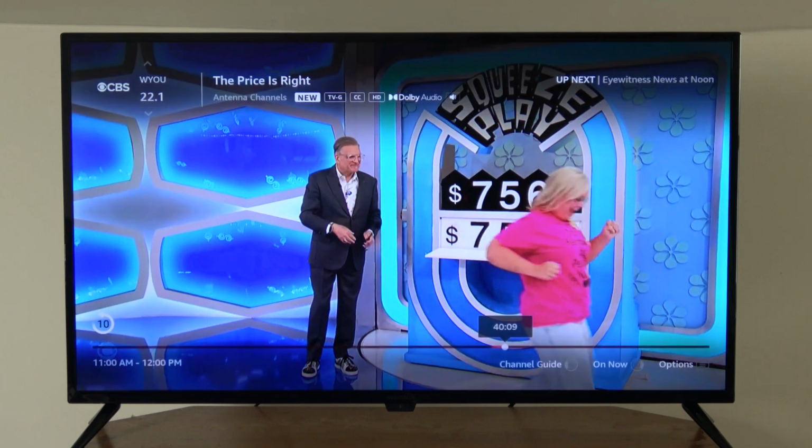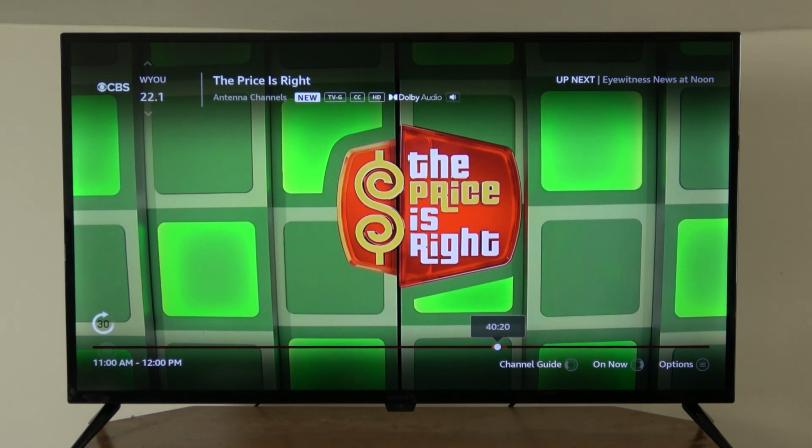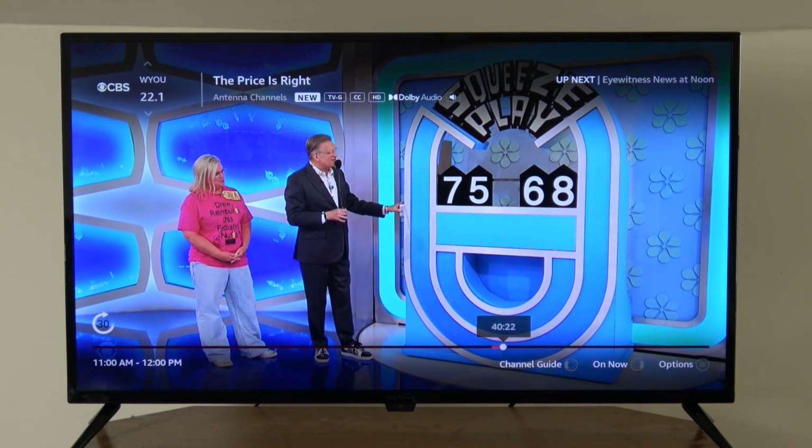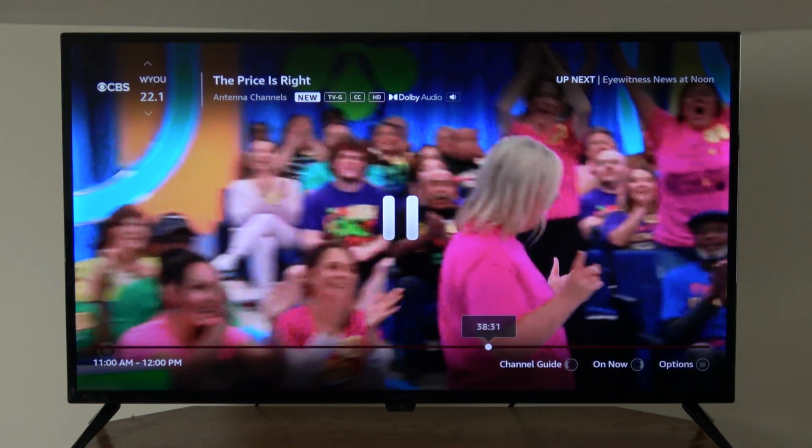When watching a channel from an antenna, you're able to pause and time shift it between 3 to 10 minutes depending on the broadcast quality. This length can be extended by plugging in a flash drive. I found this feature to be really handy when I'm multitasking and miss a part in a show, or have to